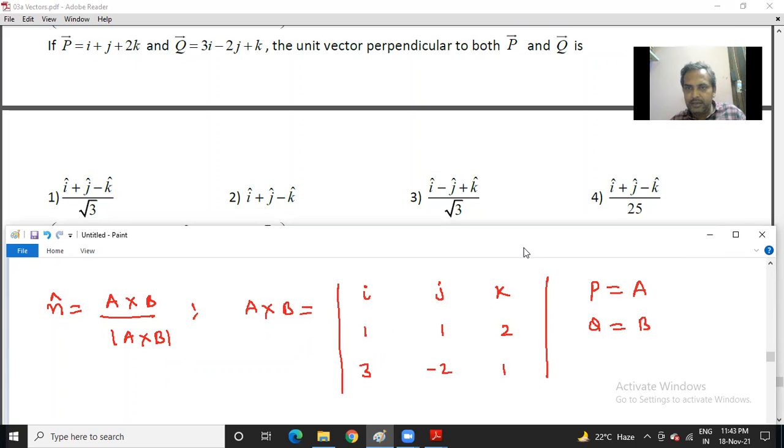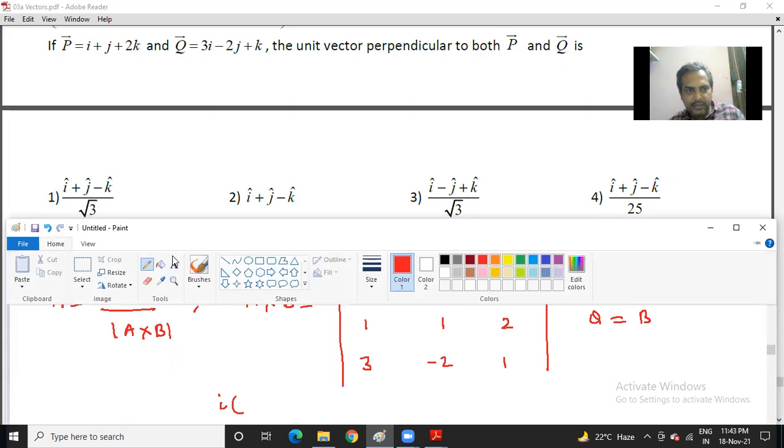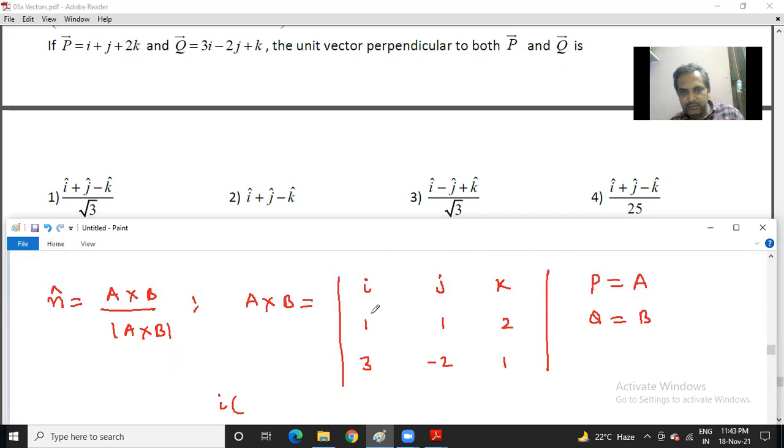Now let us try to get the cross product. I of: if you forget this column and this row, with A, B, C, D, it is AD minus BC. This is 1, this is minus 4. In the formula there is a minus, so it will be plus 4. Minus J: if you consider J, you have to forget this column and this row, so this will be A and C. AD once again is 1, and this is minus 6.